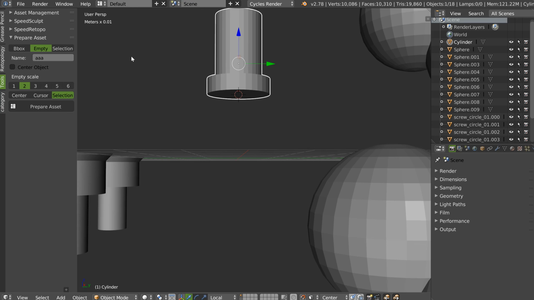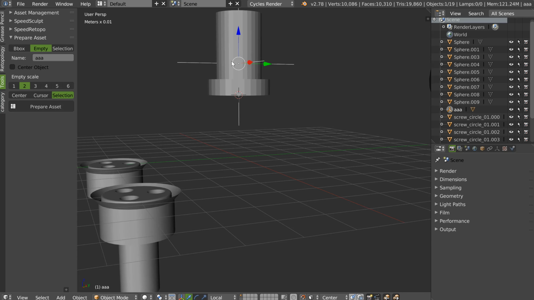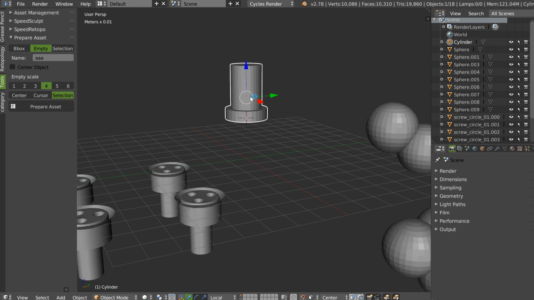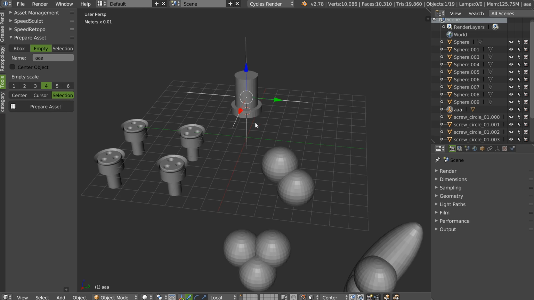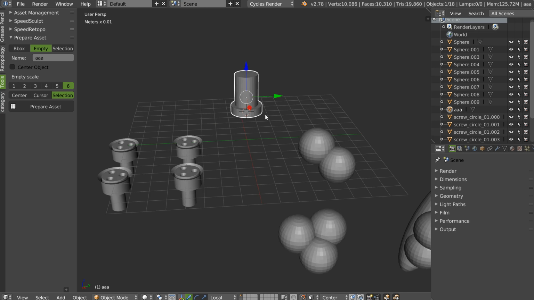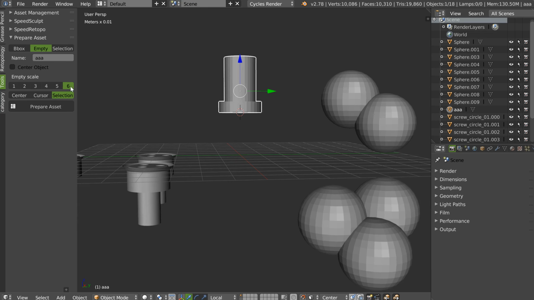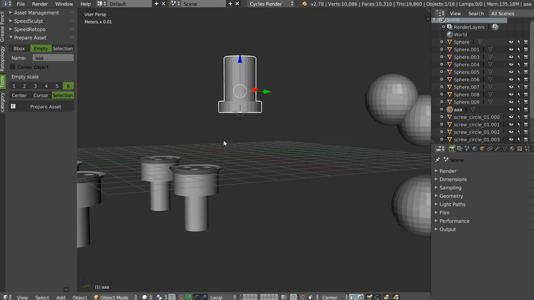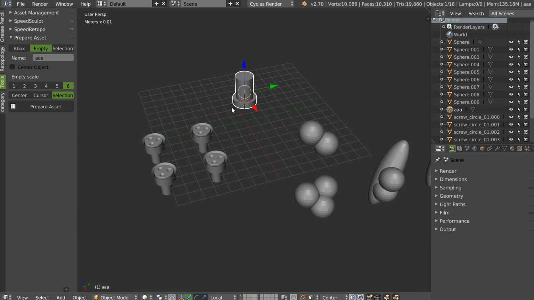You can choose by the selection. As you can see, the empty here is here, etc., etc. The empty scale, as you can see here, depends on the scale of your scene. Hop. This is bigger, this is smaller. I have a little issue with this one. 5 works, and my 6 doesn't work. I will fix that. That's it for the empty.